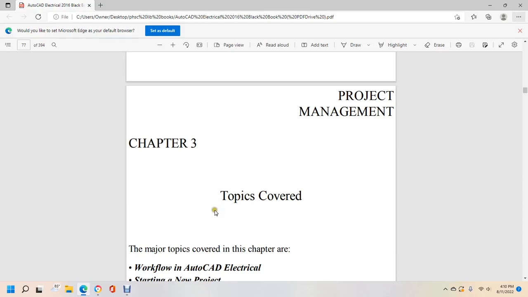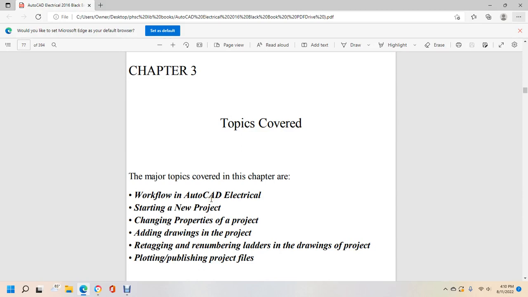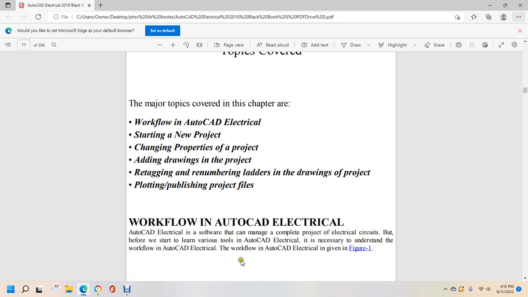Alright, project management, chapter 3, topics covered. The major topics covered in this chapter are workflow in AutoCAD Electrical for a new project, changing the project properties, adding drawings into the project, retagging, renumbering ladders in the drawings of the project, plotting and publishing project files, and the workflow in AutoCAD Electrical software and commands for the complete project for